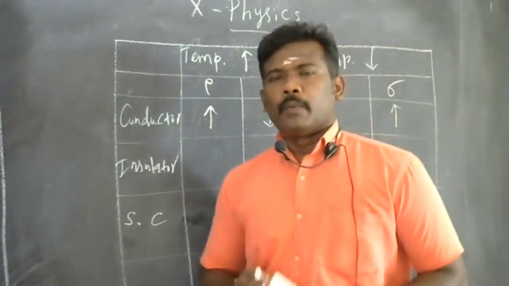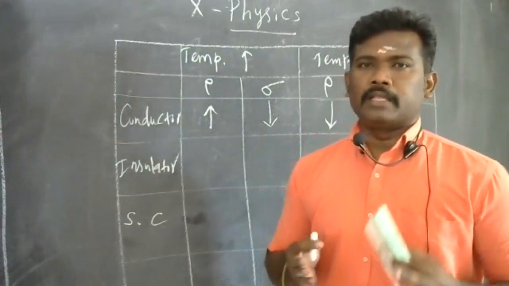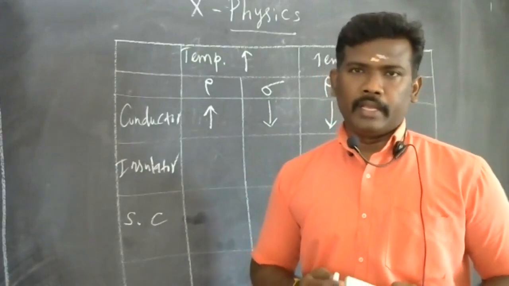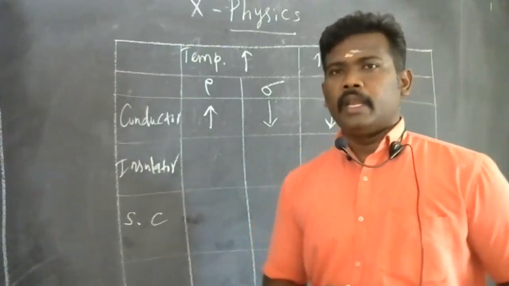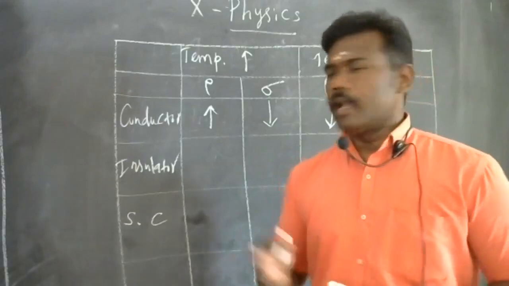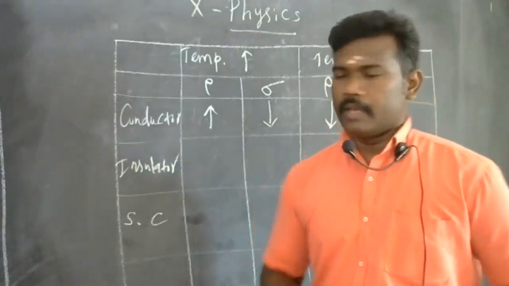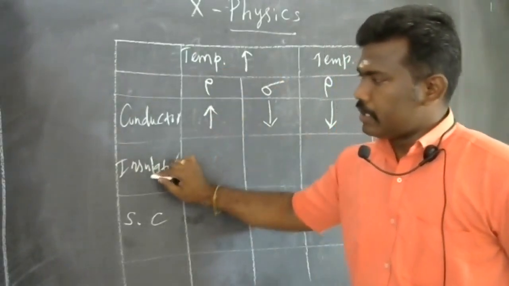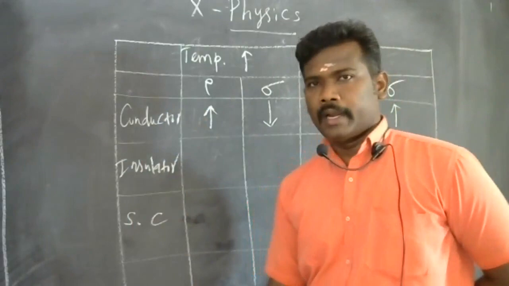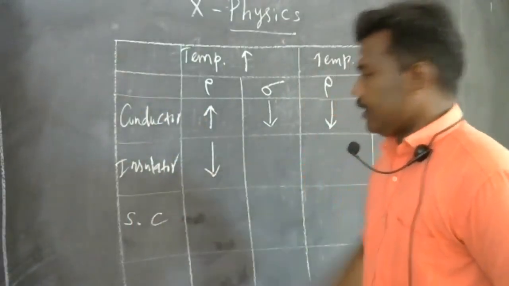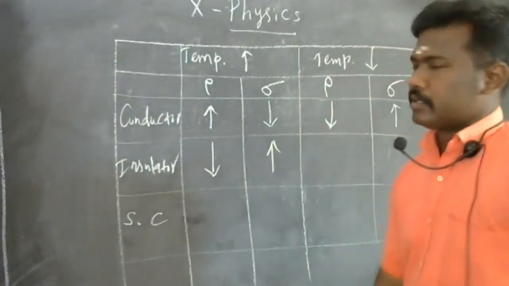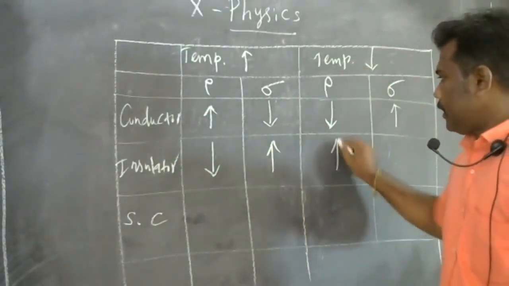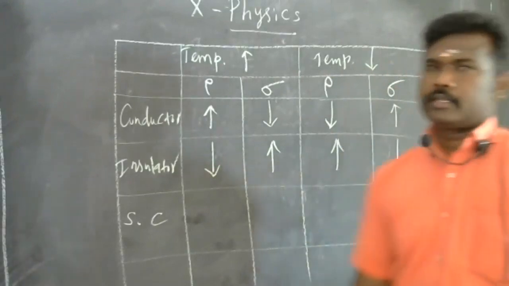At the beginning, you focus on any one of the concepts: when temperature rises, what changes are produced in the resistivity of the material. If you concentrate on any one of these parts, you can easily answer the remaining three. Okay. And for the insulator, if you raise the temperature, some of the insulating material is ready to behave like a conducting material. So resistivity decreases, conductivity increases. Here it is the reverse: temperature reduces, resistivity increases, conductivity decreases.